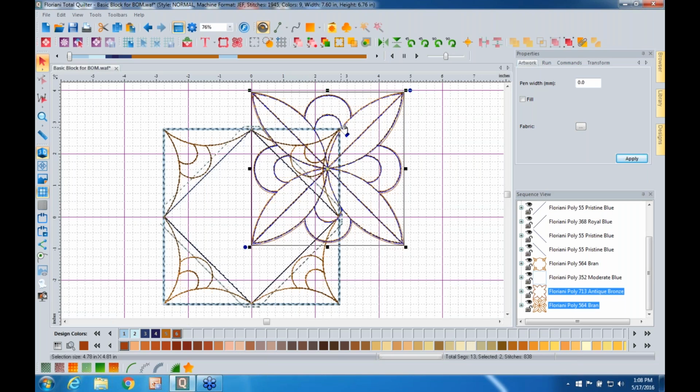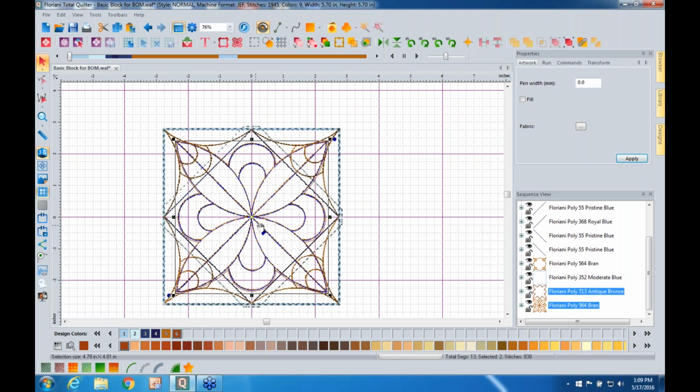So what we want to do is, first of all, align this to the center of this block. And since this block, when it opened up, was aligned to our center rulers, you can see that the center of the block is on 0 and 0. We're simply going to move this so it's also at 0, 0. And the way we're going to do that is with our alignment icon right here. When you click that, you're going to get a little flyout menu with a lot of different alignment options. A lot of these will be grayed out because we don't have very many things selected. But what you want is this center to rulers icon right here. It's next to last one. So go ahead and click that, and you can see it's going to move our design right into the center